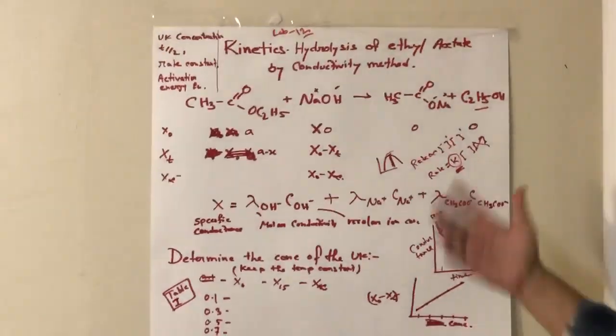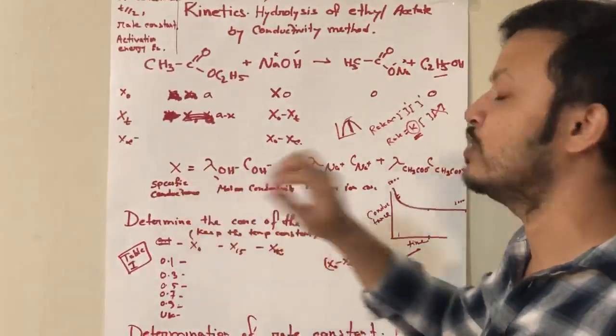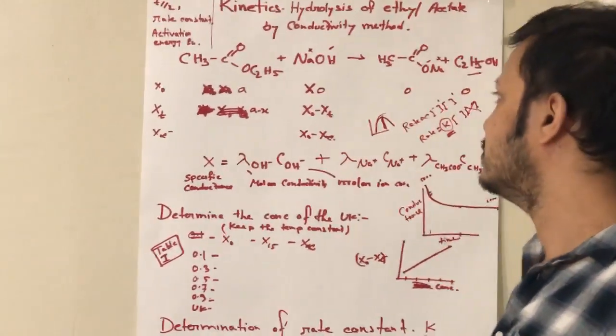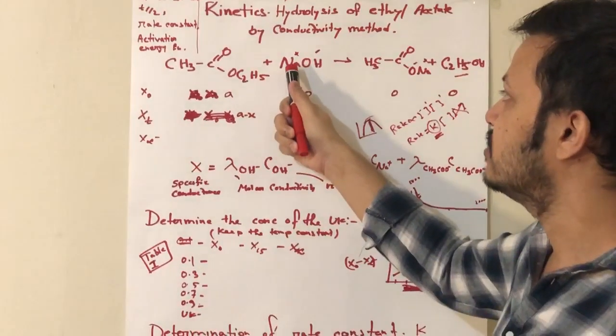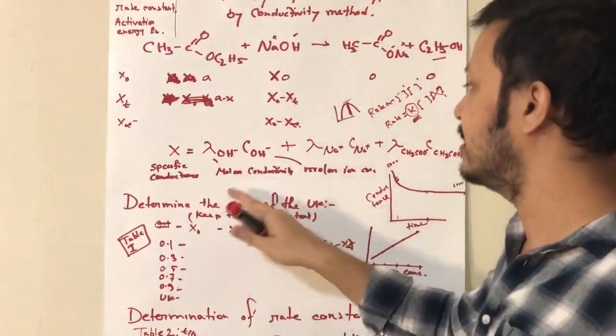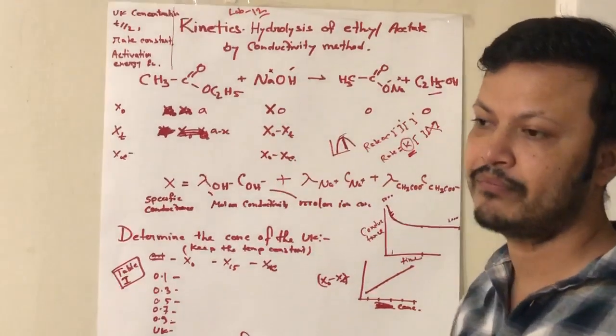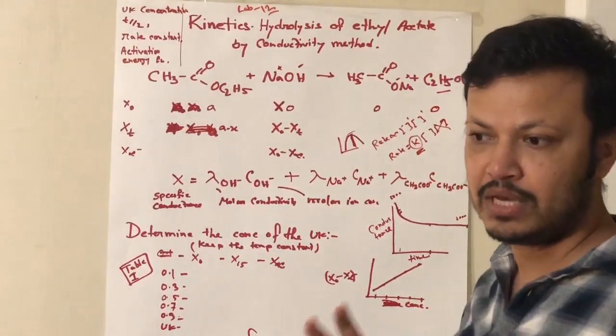So at any stage, if we try to find out the specific conductance, it will definitely depend on the concentration of the sodium ion, right? The concentration of the sodium ion and the molar conductivity of the sodium ion. This molar conductivity basically depends on the particle